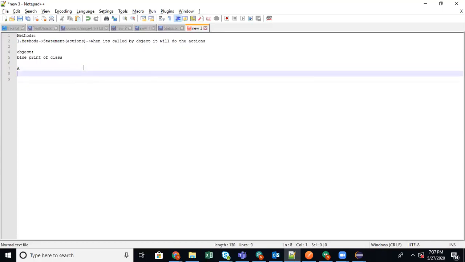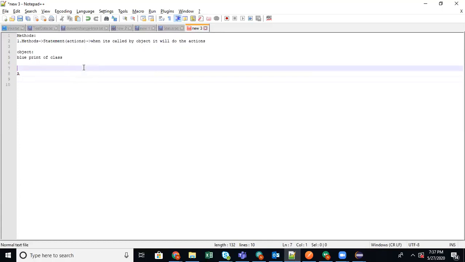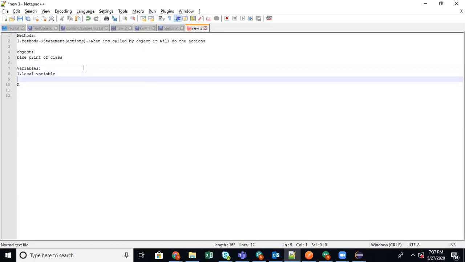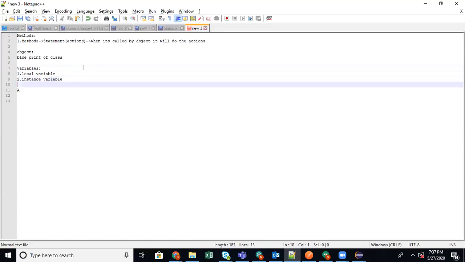So there are three types of variables. One is the local variable, another one is the instance variable, and the third one is the class variable.